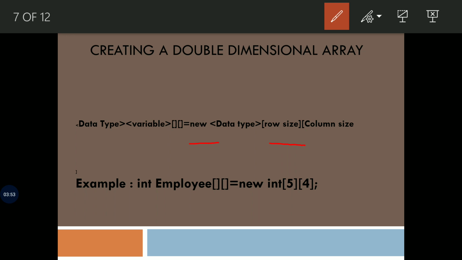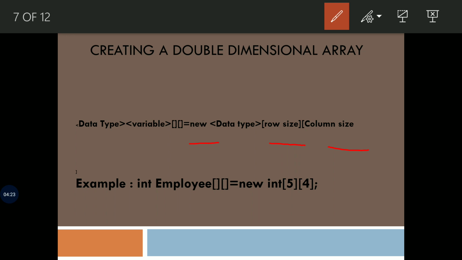Column size refers to the number of column elements an array can store. For example, if column size equals 6, then the array will have 6 columns. Now I will give an example to declare a double dimensional array: int[][] employees = new int[5][4].